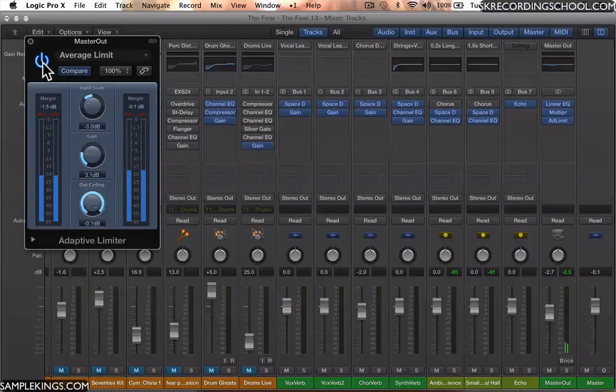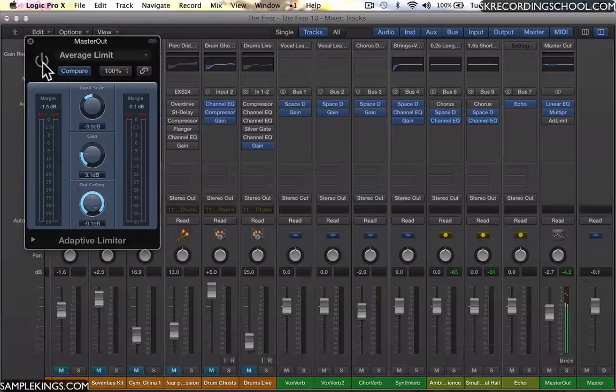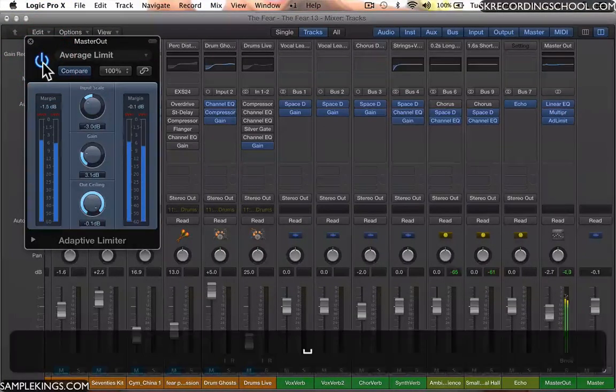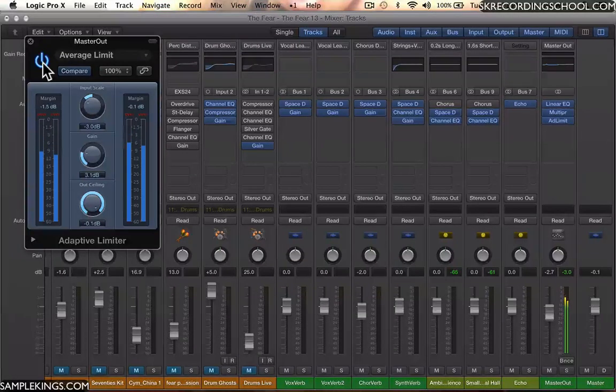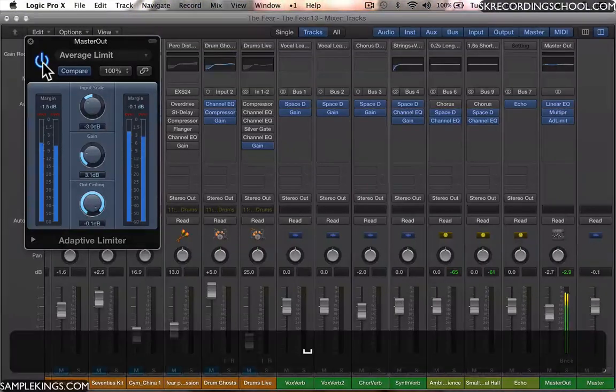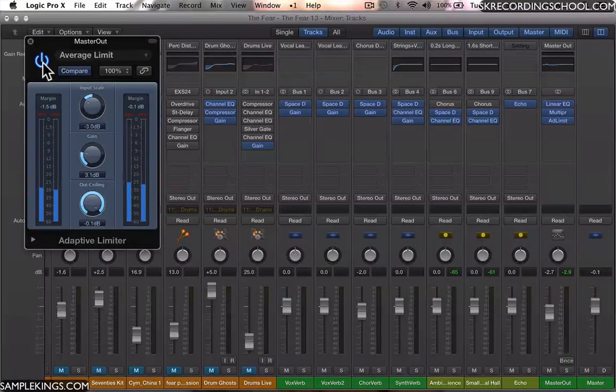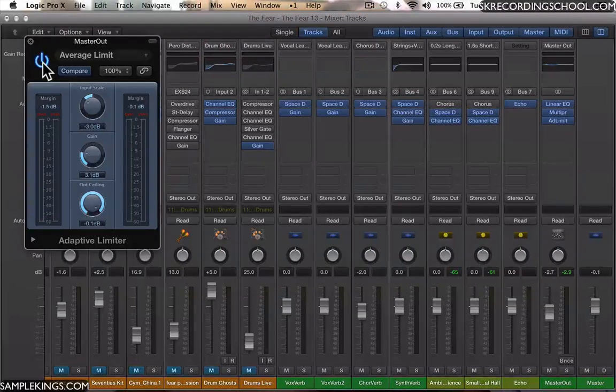And the best way to deal with the limiter is to turn it off and on as we did with the compressor and the EQ, and hear it back. Stop the music, then play it back again. And get an idea of what's going on. Adjust your mix. And this way you can get at least a really decent sound without having to go to a mastering facility first,